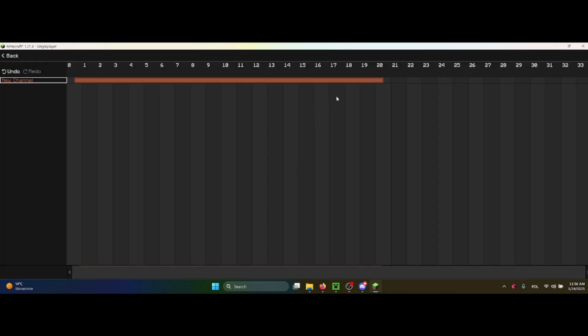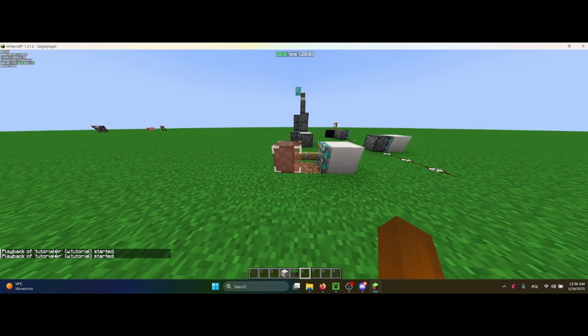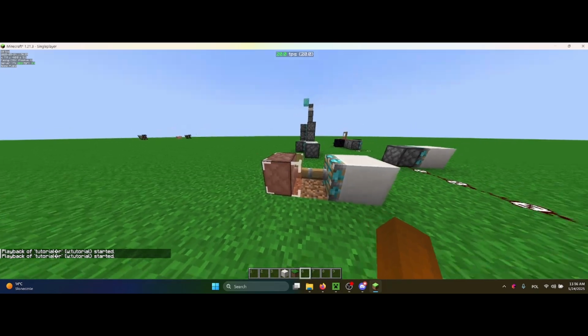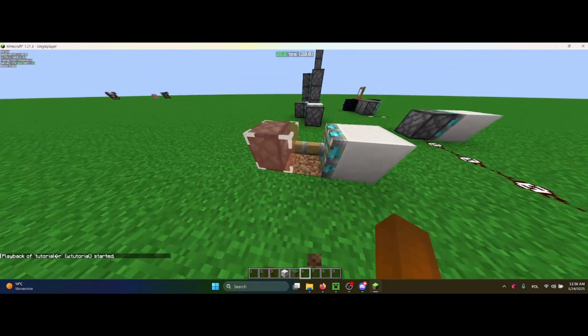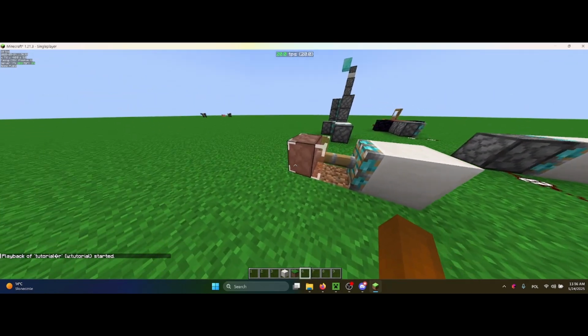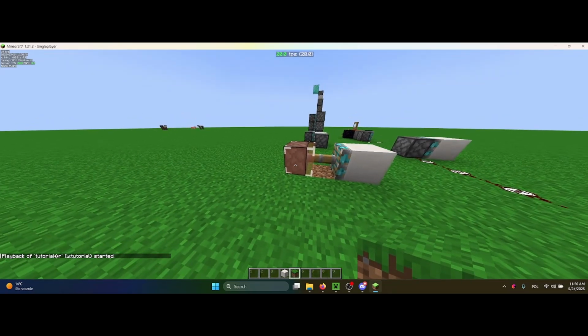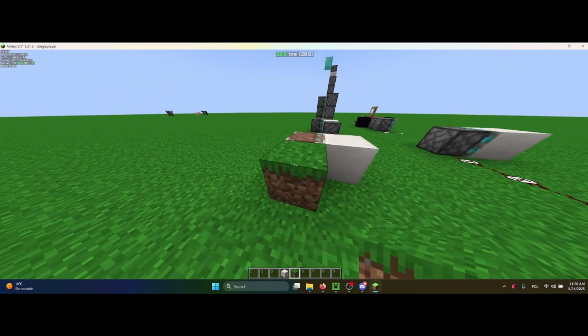Another feature of this is turning off updates. If I hover at either end, I can obviously hold this and drag, but if I just click it, you can see that the border gets removed. And now if I run it, 20 game ticks have definitely passed, but this piston is still extended because it wasn't updated to retract. If I place a block,